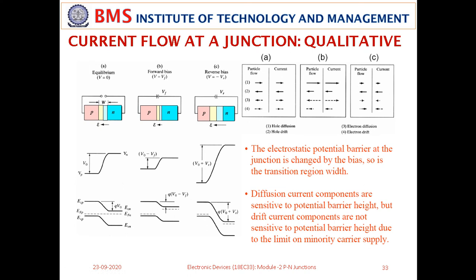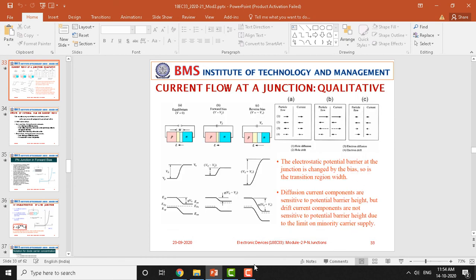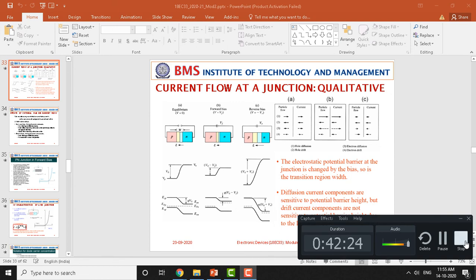Next class we will start discussing carrier injection under reverse bias conditions. That will give you more details on the PN junction bias, and how exactly carriers get injected under the reverse bias conditions. I think with that we need to stop at this point. Time is running out, so let us discuss carrier injection next class. So thank you all for